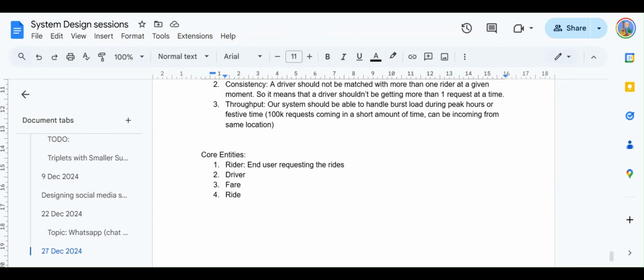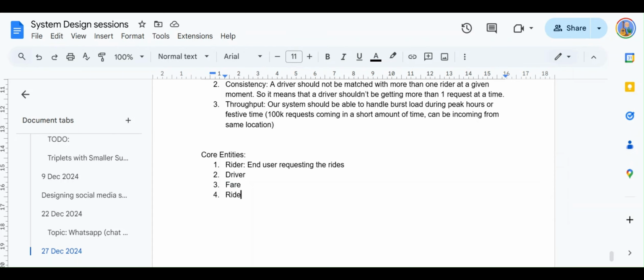And when he clicks on book a ride, what really happens is that the fare that got created or was shown to the user gets logged in for that particular ride. So there's a one-to-one mapping between the fare and the ride.